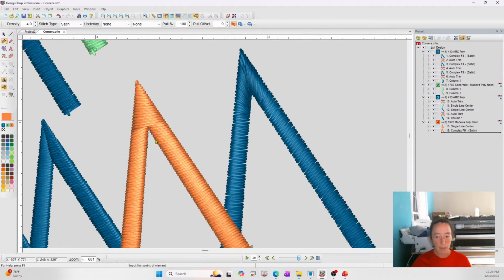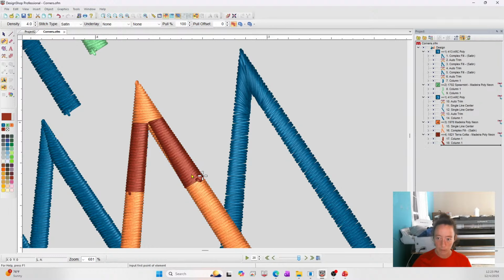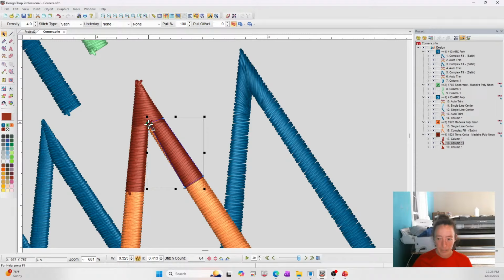I can do that same cap with a series of elements, right? So I can do this one. Let's give it another color so you can see what I'm actually doing. And then I could do this guy. It would help if I trace nicer, but you guys get the idea, I hope. There you go. So then I would personally monkey with this to make the stitch directions a little more seamless,